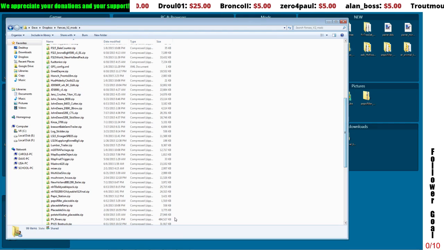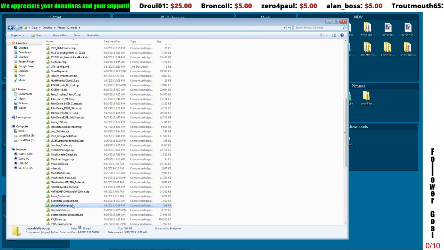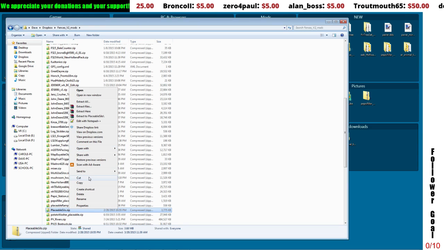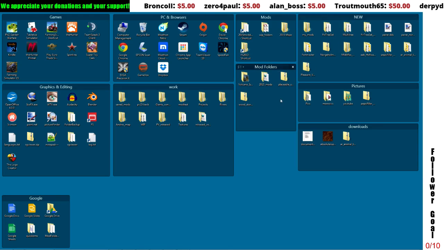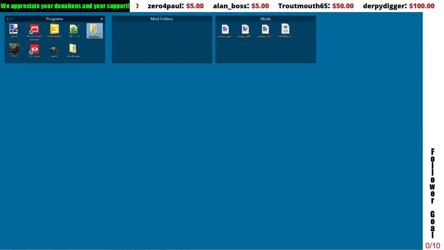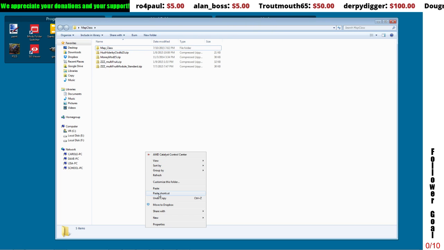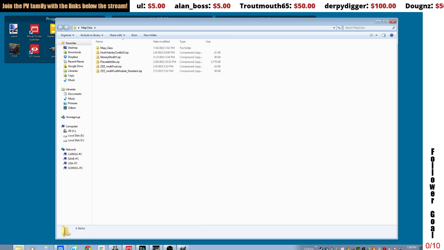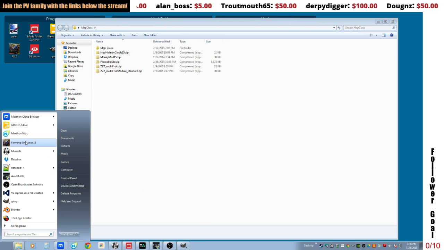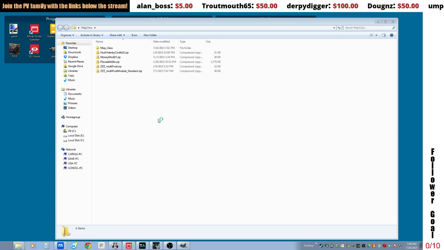And I don't care if it throws a... Here, we'll grab the placeable silos. And go into my map class folder. And put the placeable silos, and there will be some errors because we don't have all the fruit types on our default map. But